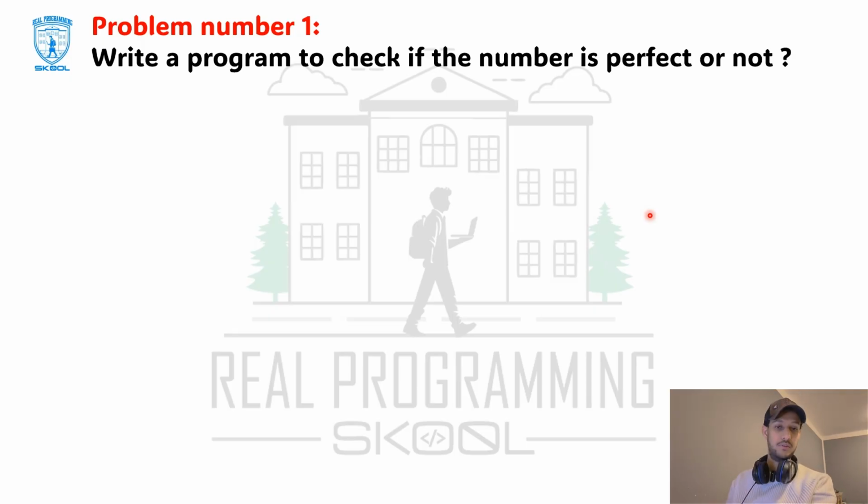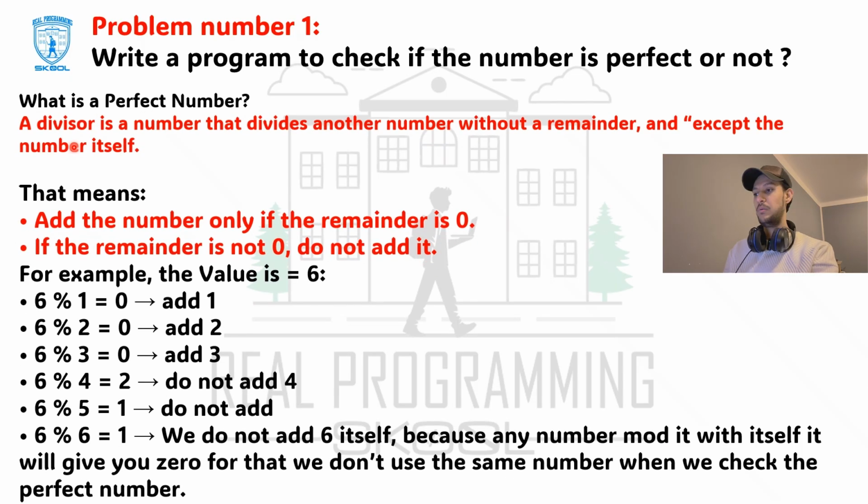So what is a perfect number? Let's figure it out together. A divisor is a number that divides another number without a remainder, excluding the number itself. That means add the number only if the remainder is 0. If the remainder is not 0, do not add it. For example, if you read a number from the user and it was